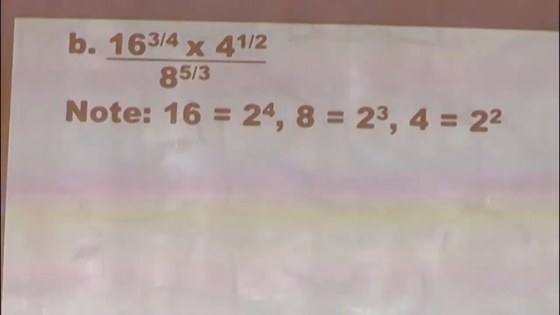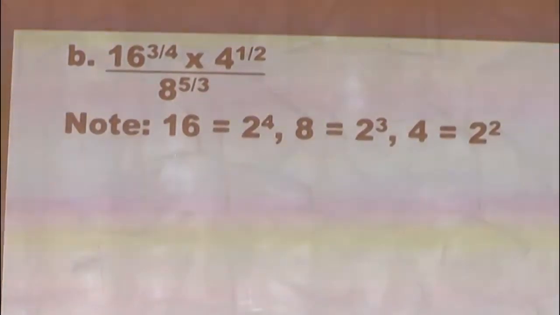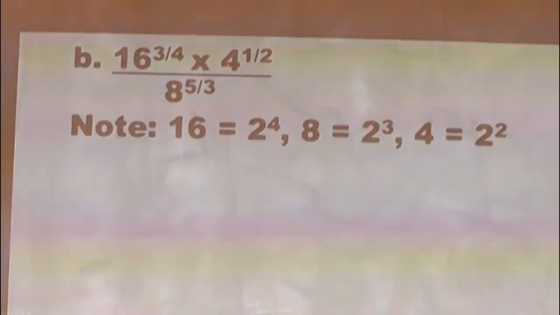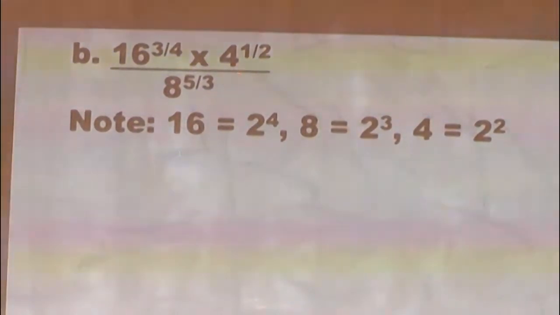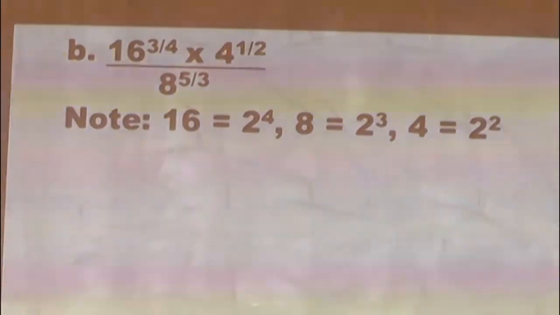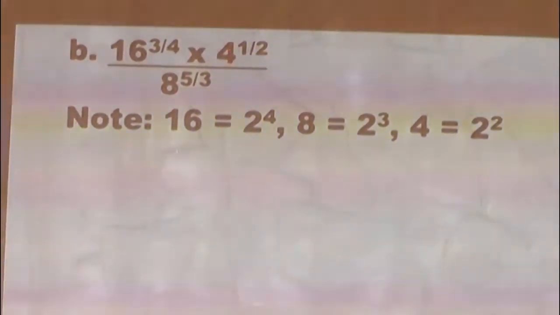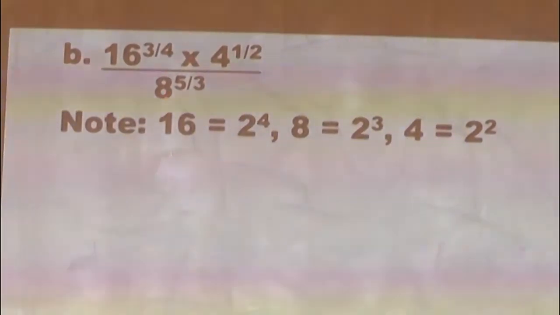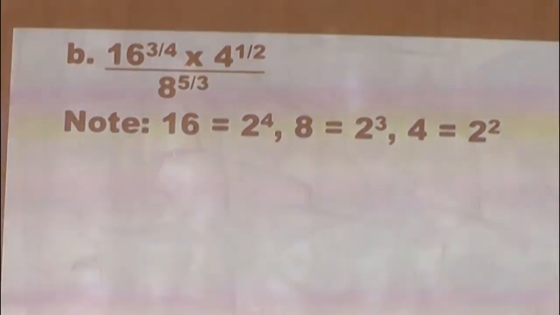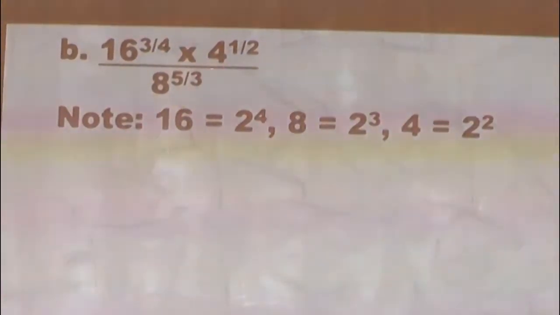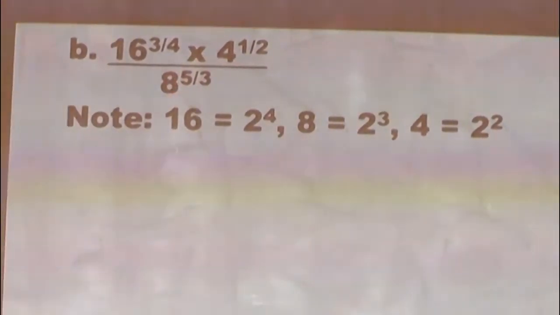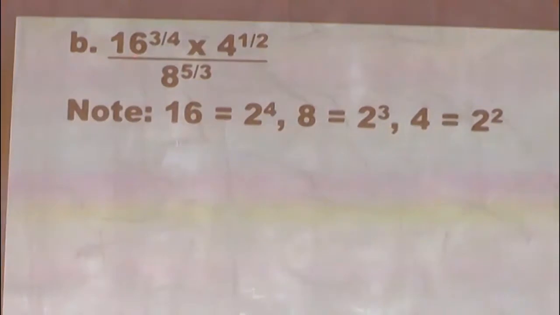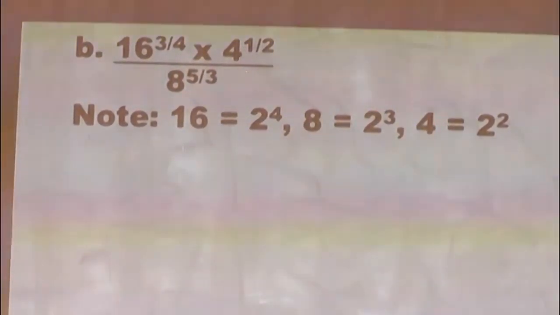You agree with me that the smallest denomination here is this 4. But we cannot express this 8 to this denomination, where you'll be having another denomination that will be smaller compared to this 4. That is, if you now multiply 4 by 2, 2 is now smaller compared to this 4. So we are going to express this 8 and this 16 as well as this 4 to the denomination of